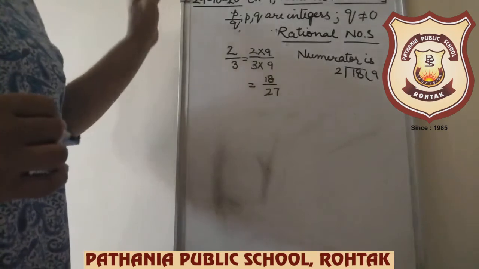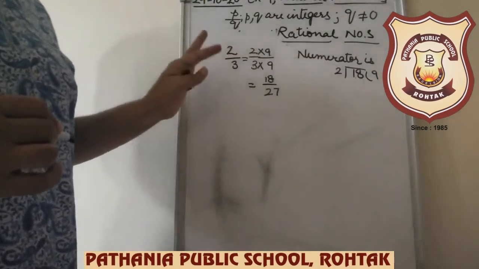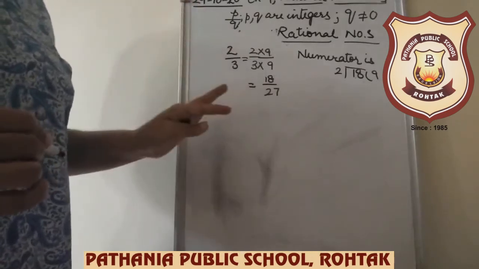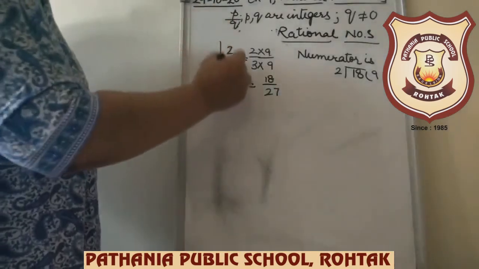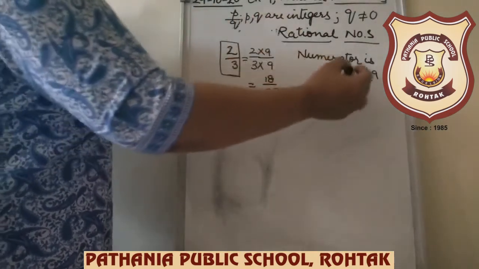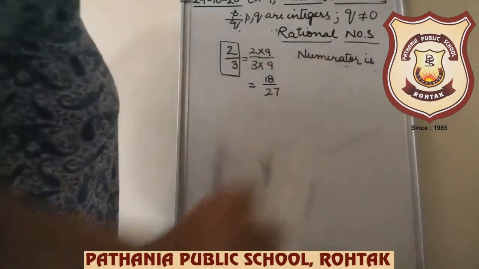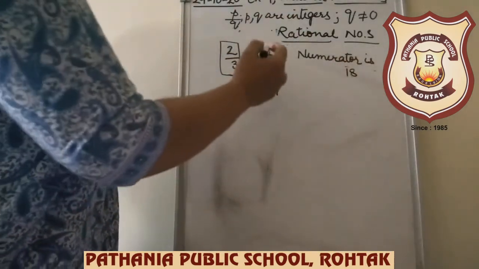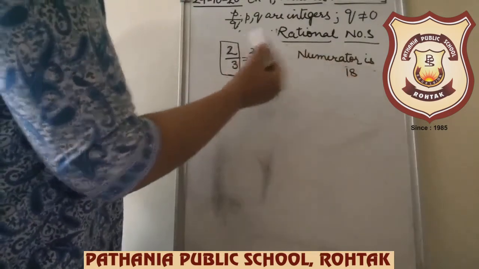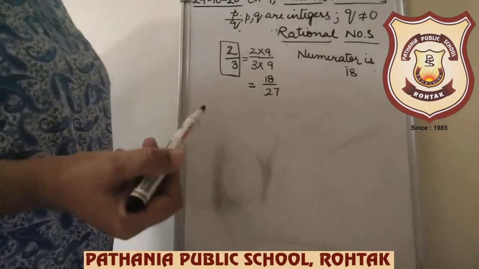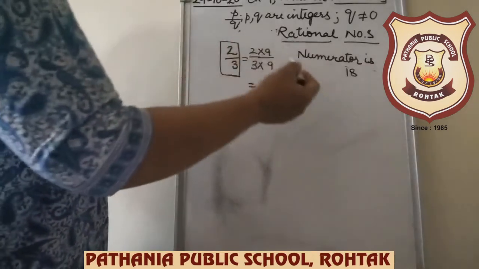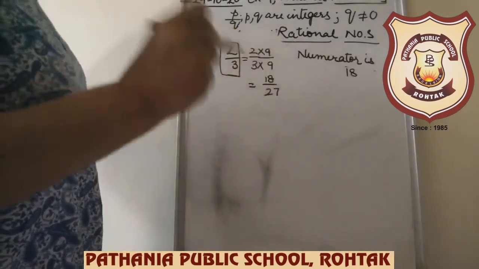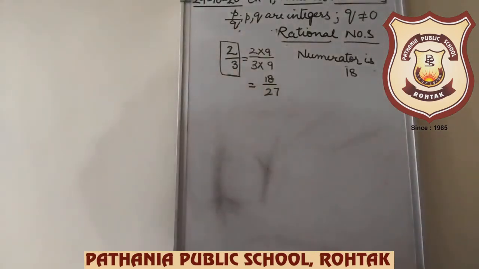How to make denominators equal? Same as you know, by taking LCM. And sometimes a question may come: change this rational number so that the numerator is 18. So how to make it 18? You can see as it is smaller, so divide it. Definitely it will be multiplied. You cannot add or subtract to make it. Okay? Addition and subtraction cannot be done. Only multiplication and division can be done with the numerator and denominator.